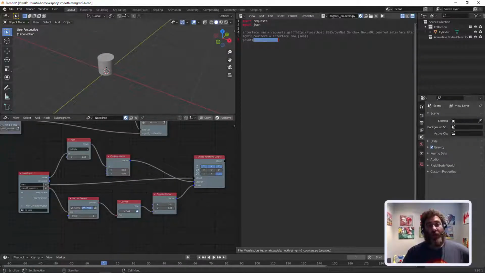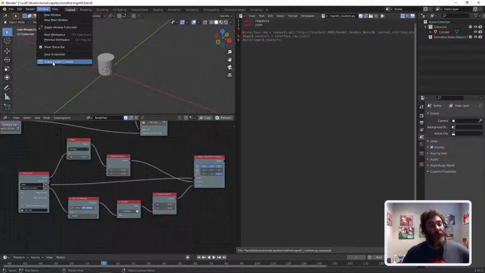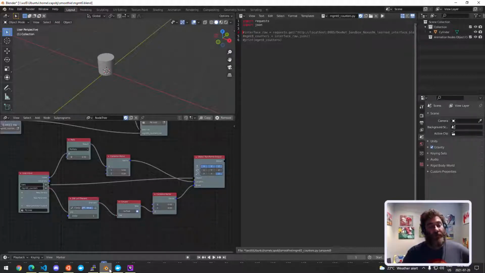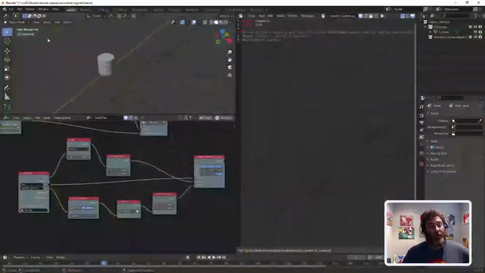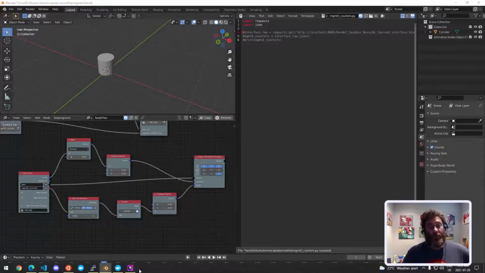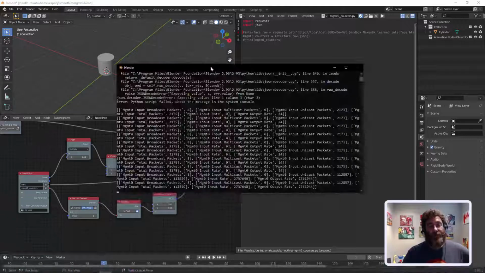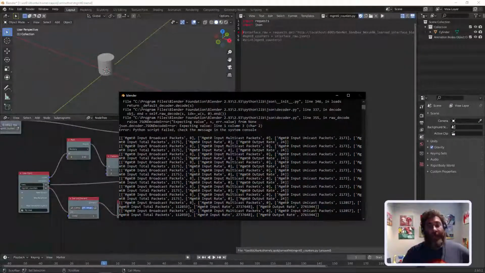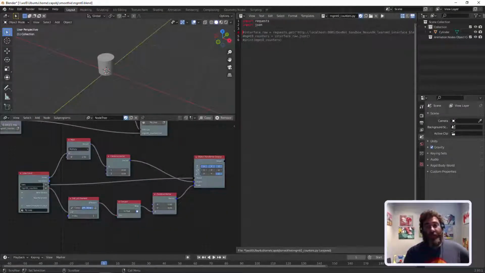All right, so I'm going to uncomment this out. Oh, and the other thing I'm going to do is bring up, in Windows, you have to bring up toggle system console separately. Where did it go? Do I already have it up? No, okay, there it is. So here's the system console. And right, nothing's happening when I run this. So now let me uncomment my code